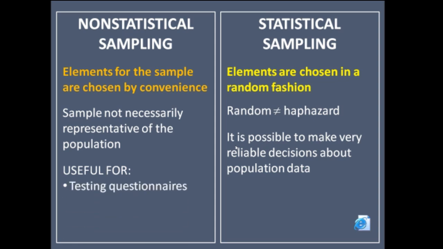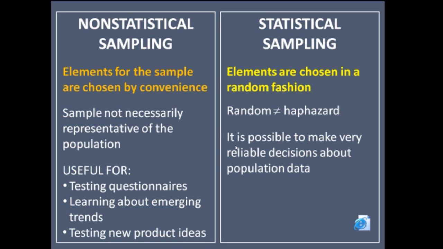In terms of testing questionnaires, learning about emerging trends, testing new products. Focus groups would be a good example of this. Some terms that we might see dealing with statistical sampling are the frame, which is a list of all the elements within a population. Simple random sampling